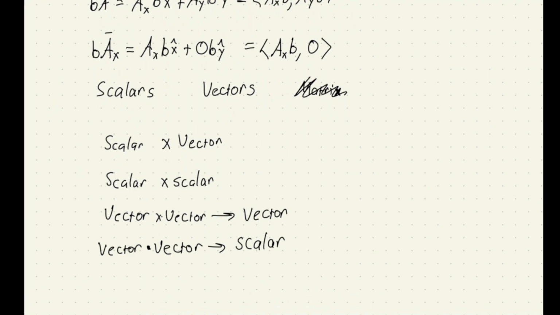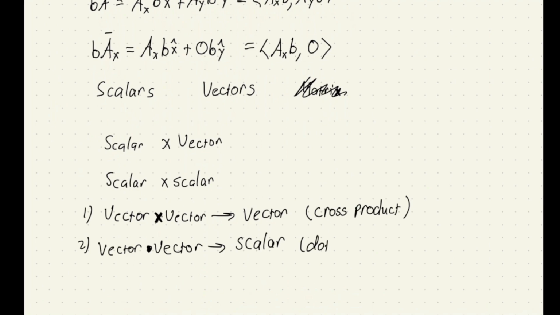And notice how I wrote this as an x for my multiplication, and this, the second one, so I'll call this 1, 2. I wrote number 1, vector times vector, as an x, and we call this something different than the other. When we multiply two vectors together to get out a vector, we have to do something called a cross product. Cross like x, right? So cross product gives us a vector out when we multiply two vectors. Well, if we want a scalar out, we take a vector dotted into a vector,